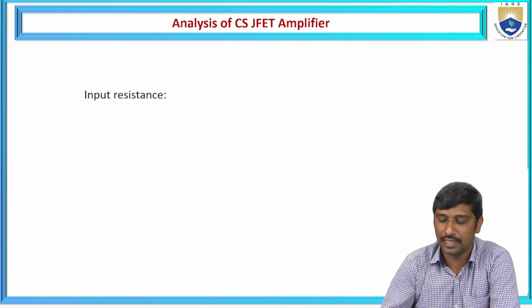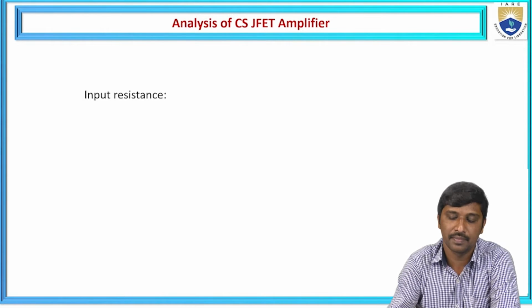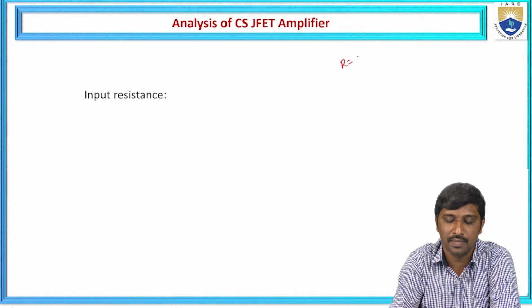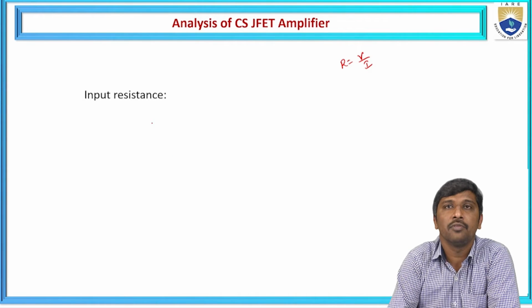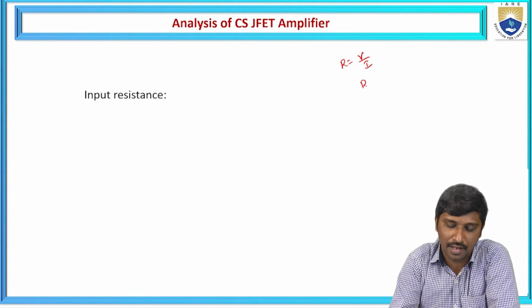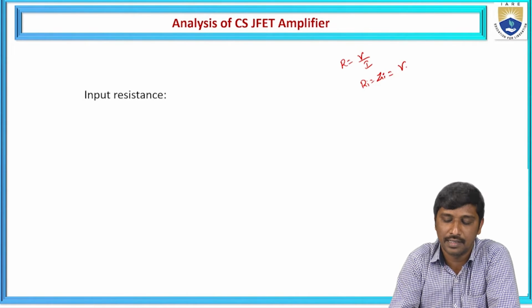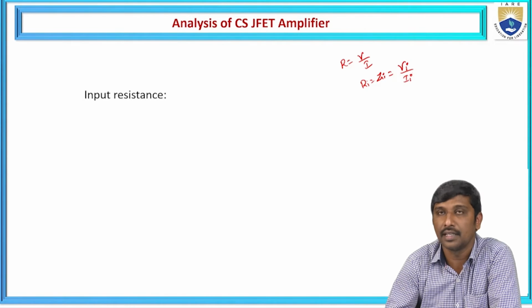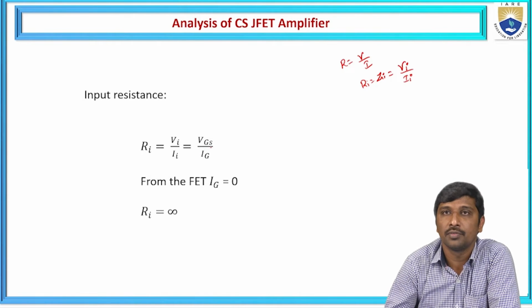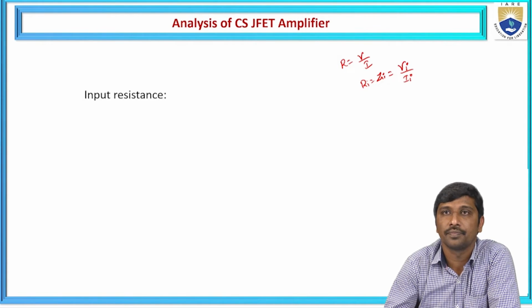Now we are going to calculate the input resistance. According to the generalized formula, we know that resistance is the ratio of voltage to current. Now we are going to observe this input resistance at the input side. Hence Ri, also called Zi, is represented as the ratio of input voltage to the input current, that is Vi by Ii. Now from the circuit, if you recall the circuit,